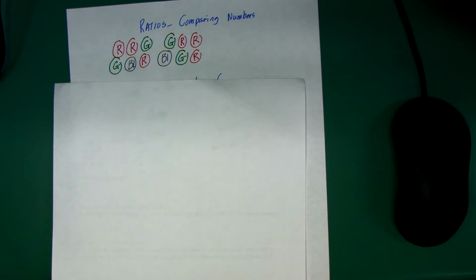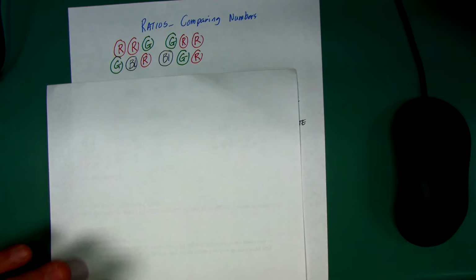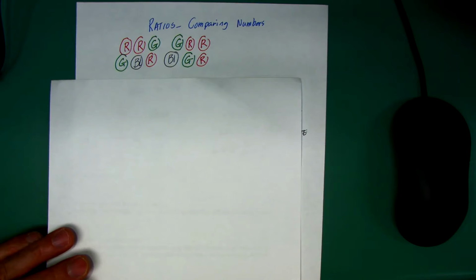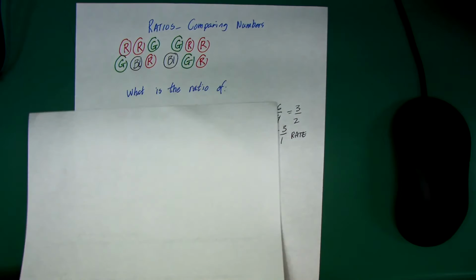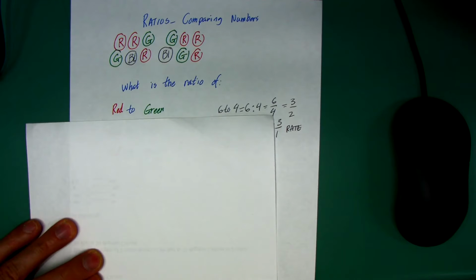So ratios. All ratios are a way of comparing numbers. In this case, I have a bunch of circles. Some of them are red; those are the R's. Some of them are green, the G's, and the black ones have the little BL. If I were to try to figure out the ratio of something like all of the red to green,